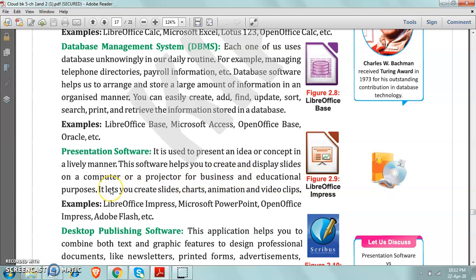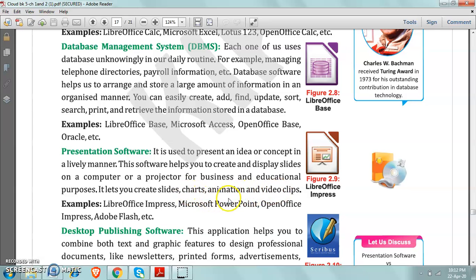Children, when we show a presentation, it consists of a number of slides. Through those slides, the concept is clarified, displayed, shown. See what all things you can do in presentation software. It lets you create slides, charts, animation, and video clips.